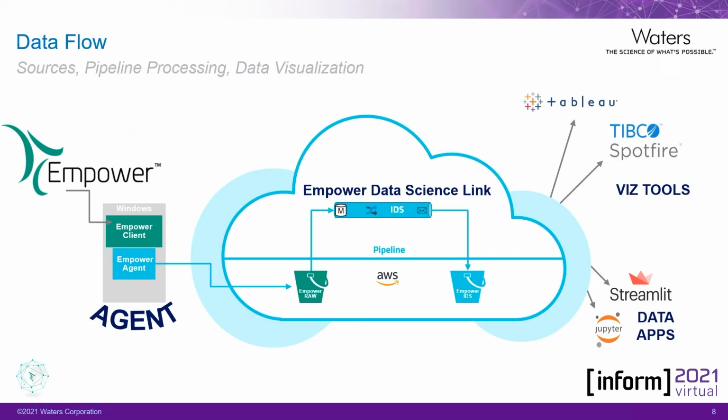This slide gives you a closer look at the process of EDSL. You'll have a standalone Empower client on-prem or in the cloud. The Empower agent is an executable that is running based on your instructions. You select which projects to monitor and at what point you would like the agent to look for new data from the selected projects. The Empower agent identifies that new data exists and then it automatically sweeps that new data into the cloud. This means that after your initial scan, the agent is only looking for the delta or new items to sweep to the cloud.